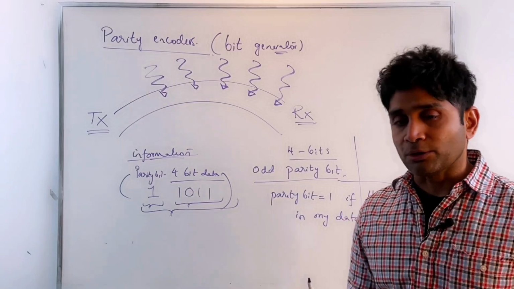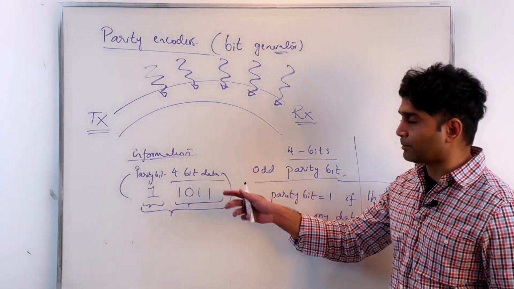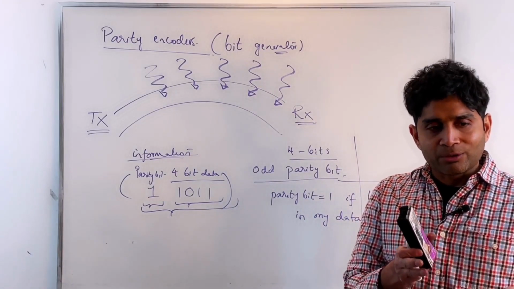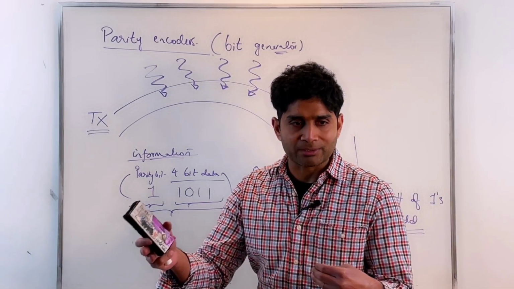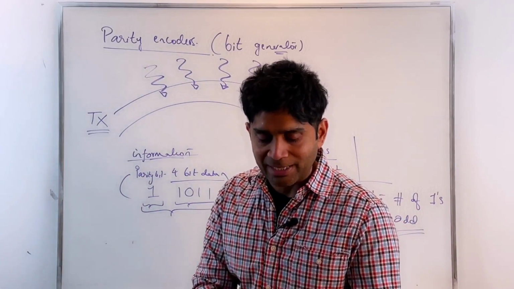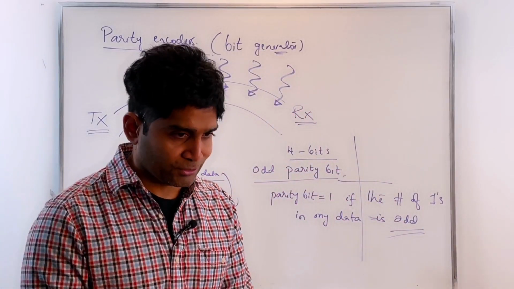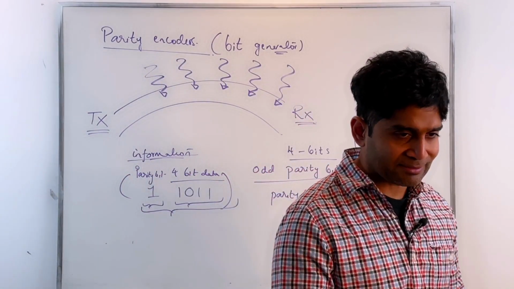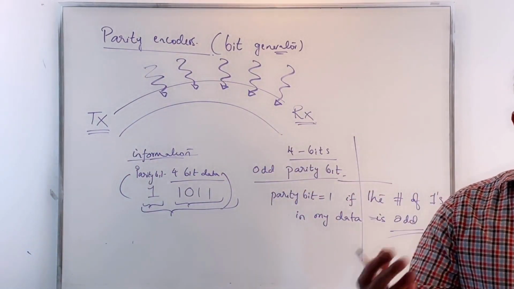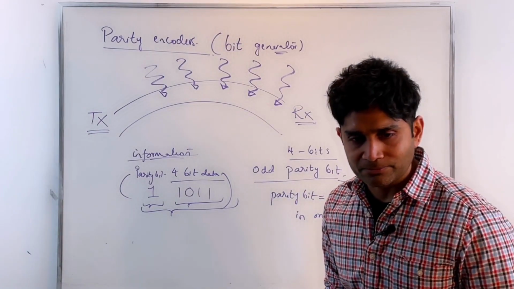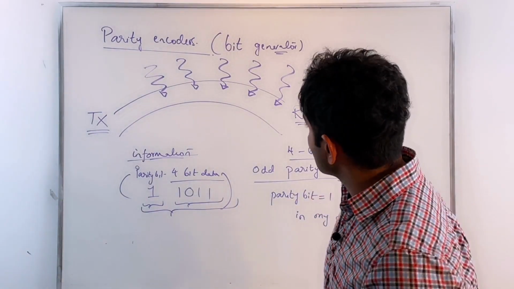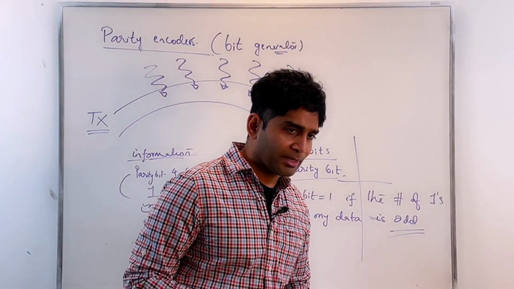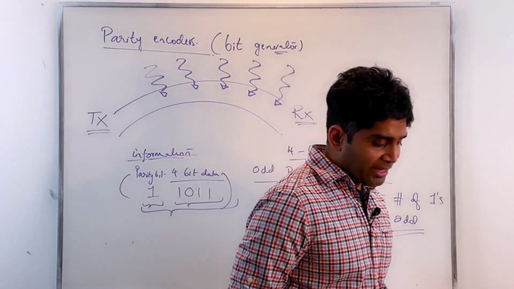Again, your parity bit can be an odd parity or even parity. But then you need to have a good communication between your transmitter and receiver. Both the transmitter and the receiver should be on the same page. So if the transmitter is sending it as an odd parity, then the receiver should know that it is sending as an odd parity. All right. So this is what we're going to design in the next class, a parity encoder, and followed